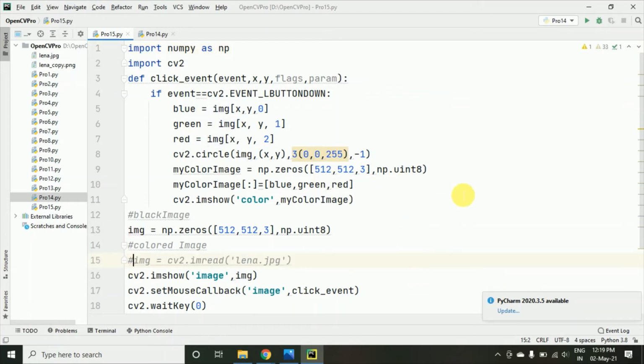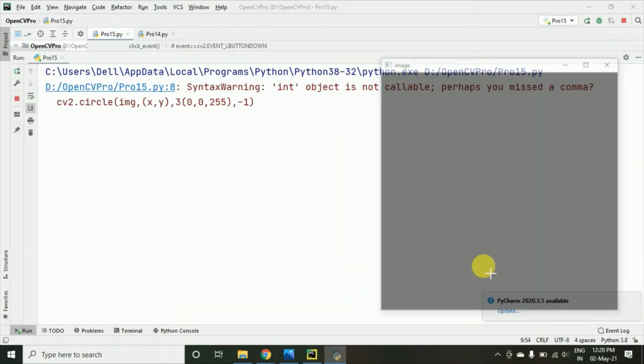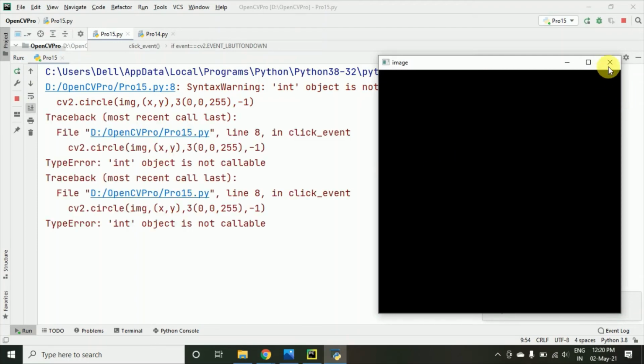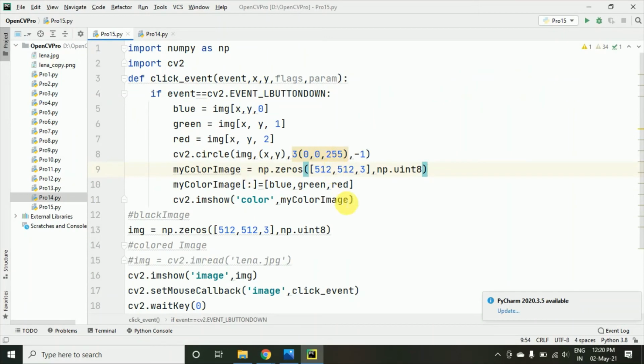Okay, so when I have commented the colored image, it will be just opening the black image, and according to the black image, now there is some error. Let's check what the error is here. Here the error is coming in np.zeros, and here we have taken, yeah, that is fine.